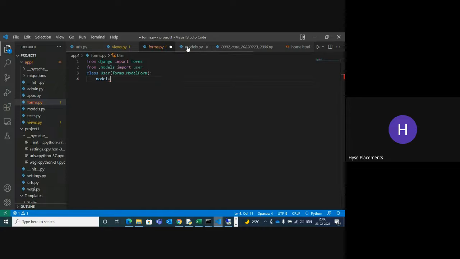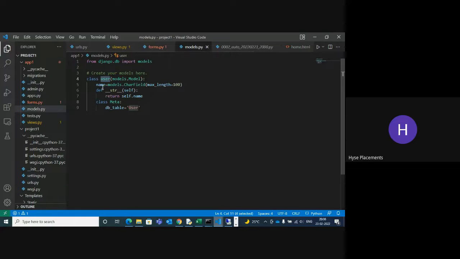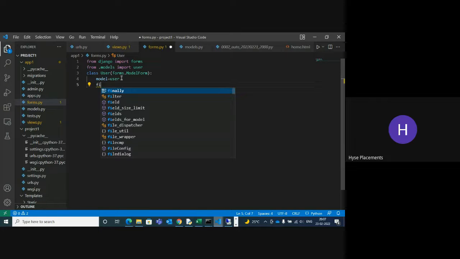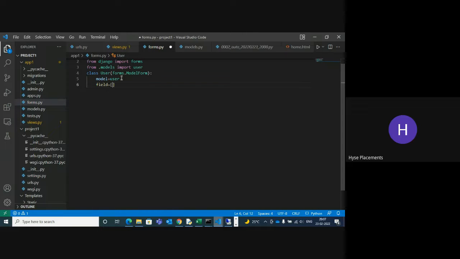I already created one model, that is the user model, and I can import it, copy it and paste it. And next, what fields are present in this? I can give all fields.